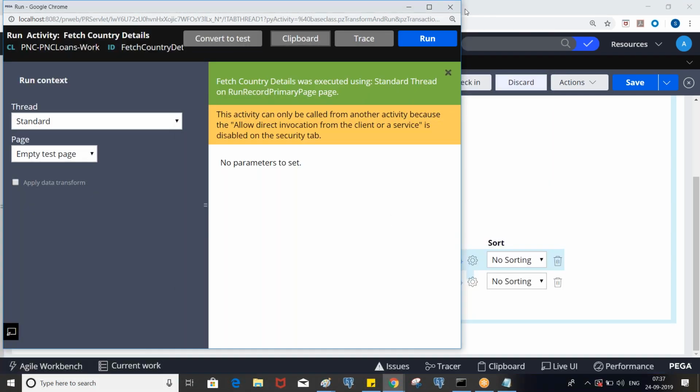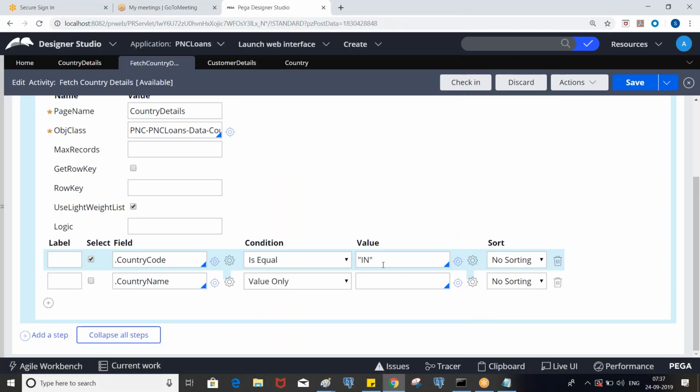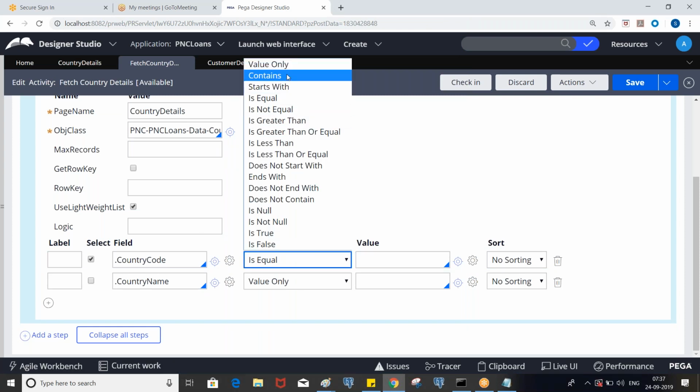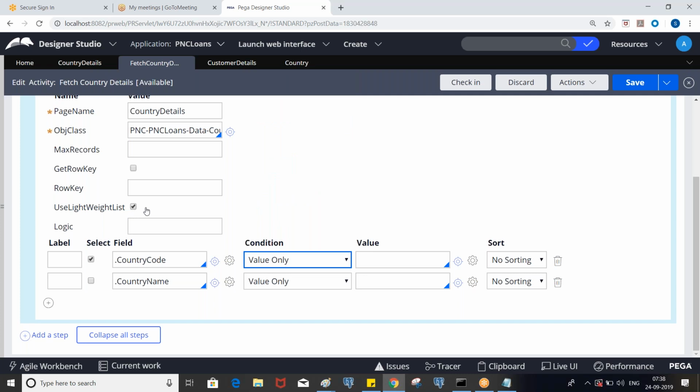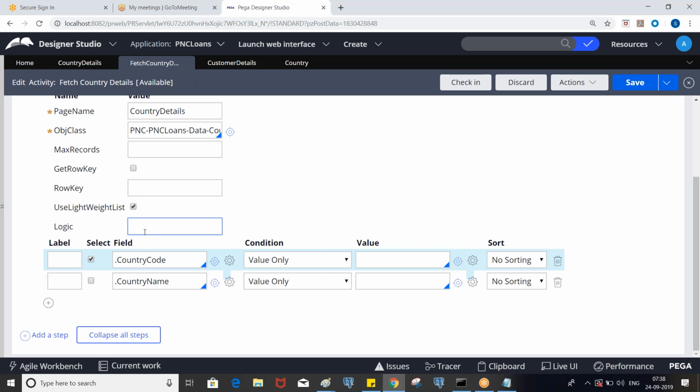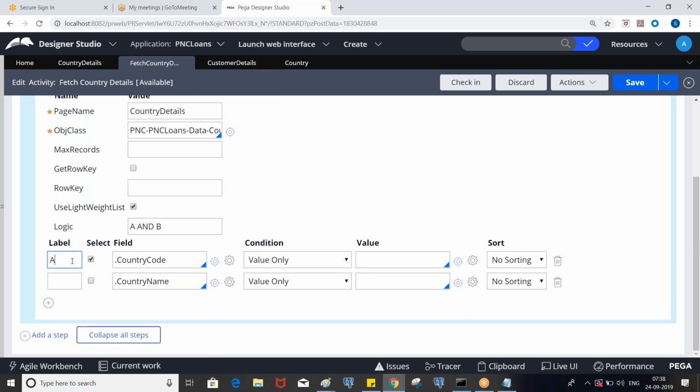And here you see logic, right? This is for performance related things. Always we need to select use lightweight list since it is embedded pages, and logic. You can put multiple conditions, let's say A and B. If both A and B are satisfied, then only it will fetch the data.